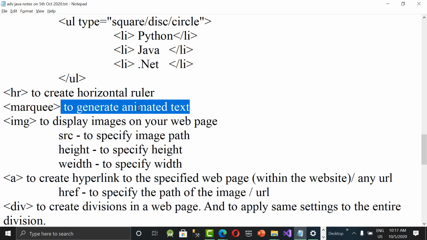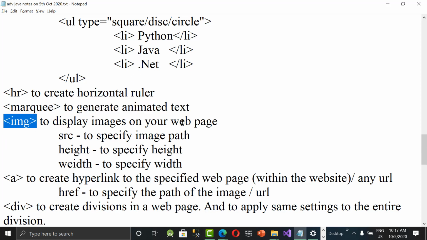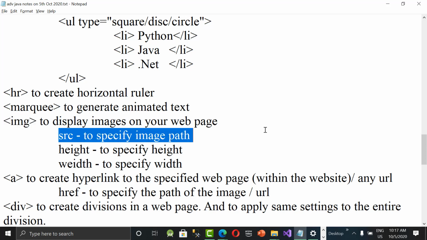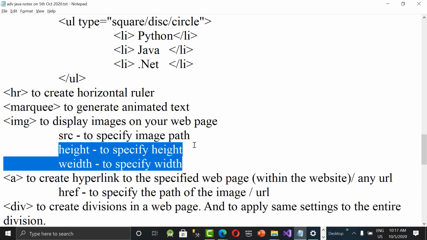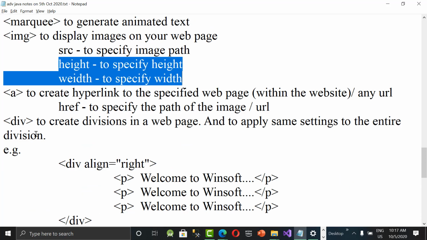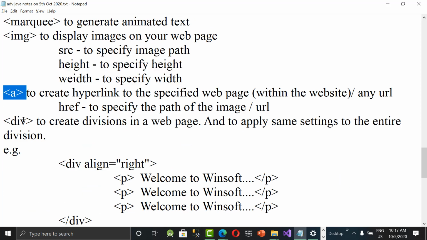I'll show you anyhow tomorrow. And img tag, to display images, src to display, and height and width dimensions, how much image width you want to show. And then anchor tag, A for anchor, which is used to create hyperlinks from one web page to another web page, even one web page to another website as well.